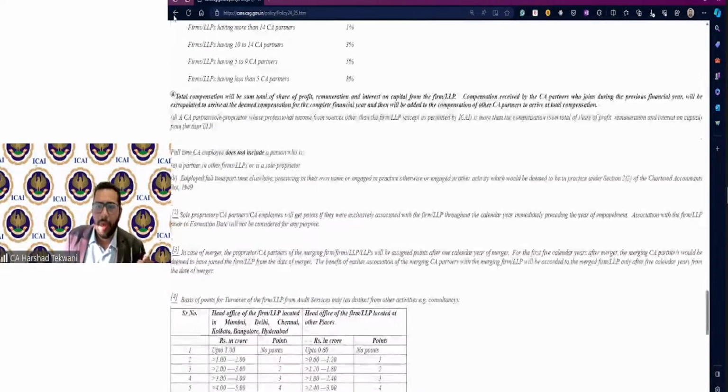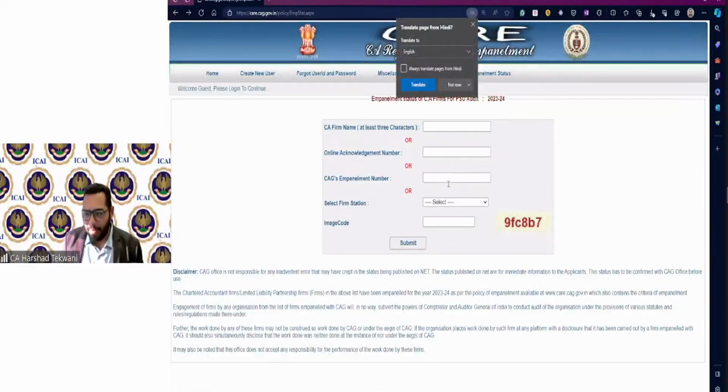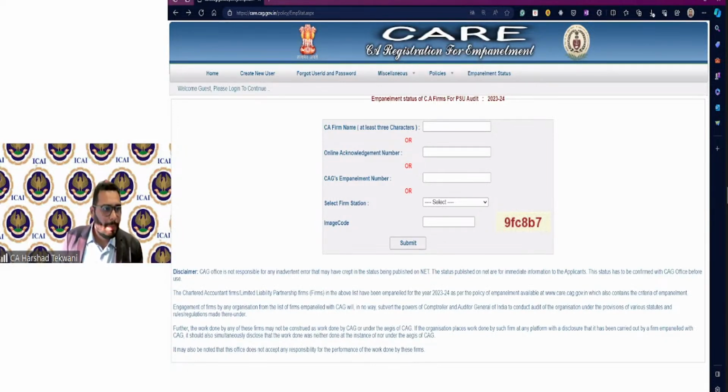Now, based on the policy, you can apply for the empanelment, and on the basis of empanelment, you will get the audit, whatever audit the CNAG may think is appropriate for the firm. That is the way you apply for the empanelment, and this is how a chartered accountant plays a role. They are very much important and very much involved in these kinds of forums. So it's not something that chartered accountants are not involved.